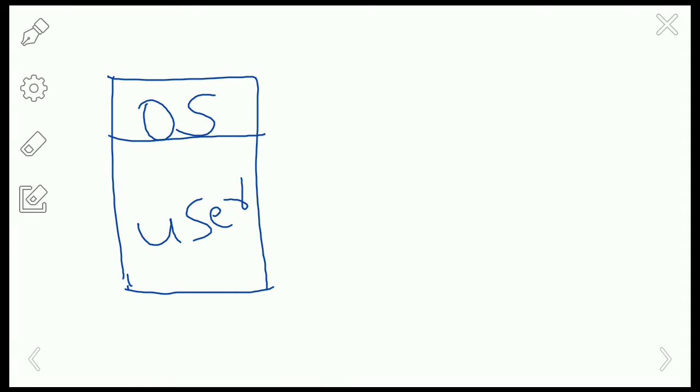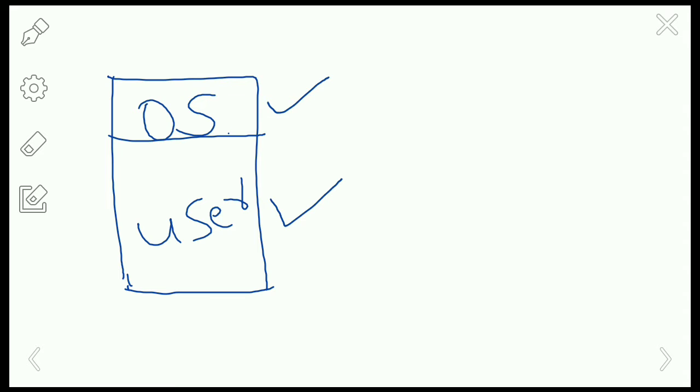In this video we are going to learn about memory management from operating system. In previous days, computer programmers used to use the uniprogramming system rather than the multiprogramming system. In a monoprogramming or uniprogramming system, the main memory is divided into two parts: one for the operating system and another for the user. Here one part is for the operating system and another part is for the job of the user.